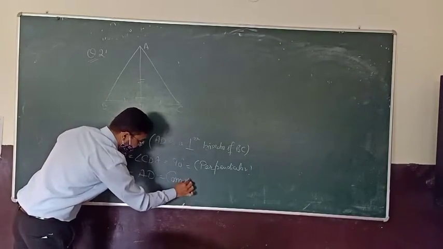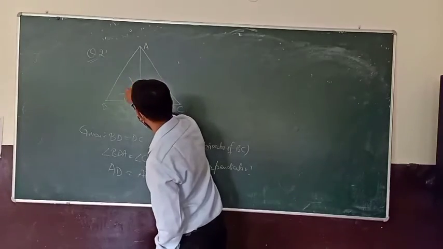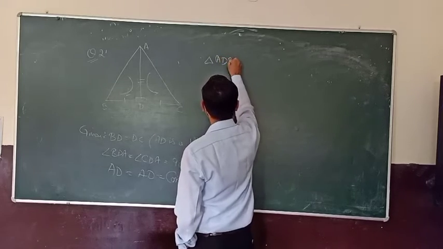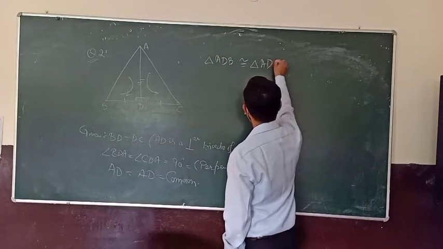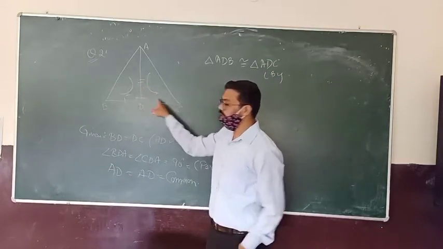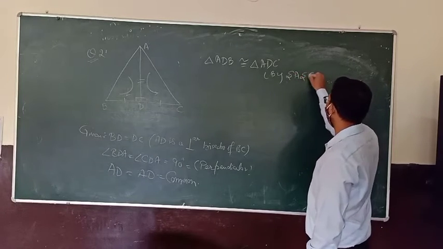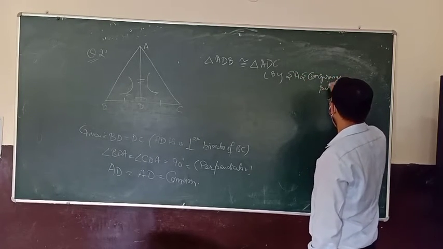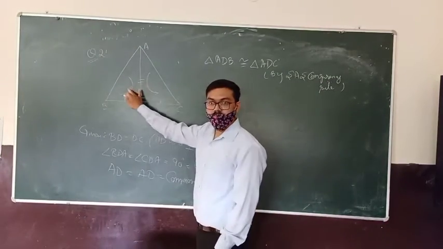Any doubt? No, sir. So on the basis of these three conditions, you can say that triangle ADB is similar and equal to triangle ADC by side angle side congruency rule. Now if you want, you can draw these two triangles separately, like